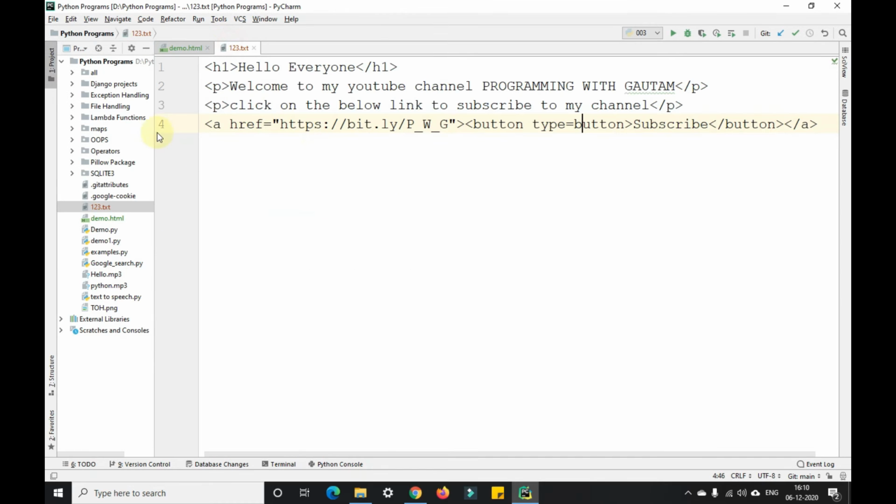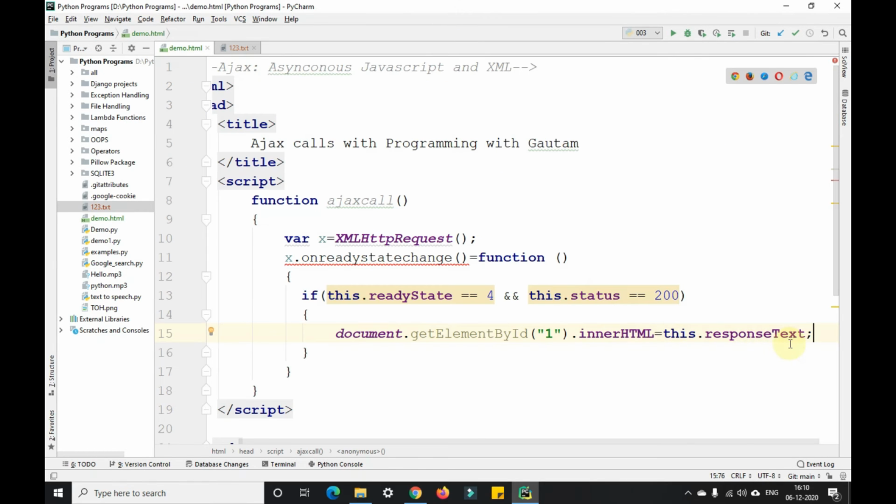So that is the reason I have written the HTML code here in 123.txt. Okay, after that, since we have opened this function for onreadystatechange, we need to close these functions. So two flower brackets should be closed here.